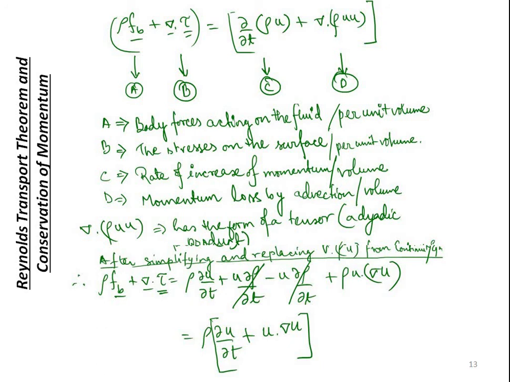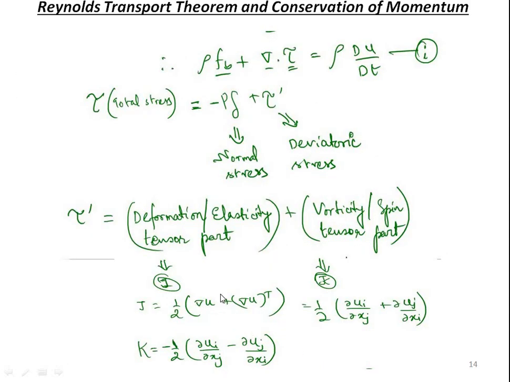They form a tensor. This velocity u is also a vector. When we take the divergence of this, we get a dyadic product. This is known as a dyadic product. After simplifying and replacing the divergence of rho u using the continuity equation, we get an equation of this form. Now if we continue solving this transport conservation momentum equation, we get the equation